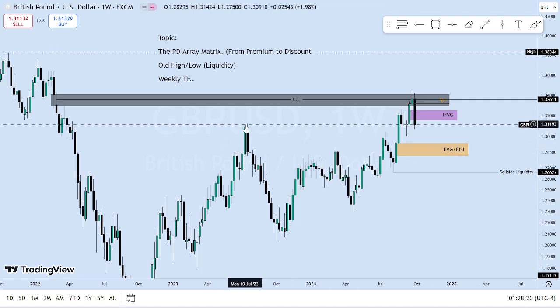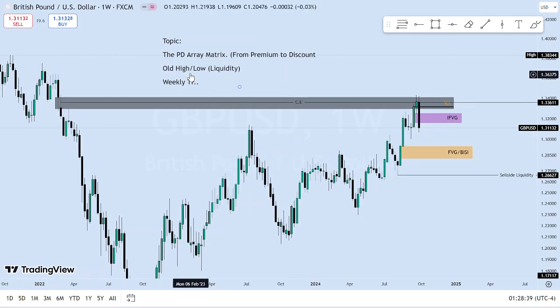Since we have taken a double liquidity, here is a liquidity, here is also a liquidity. So price will now seek for any inefficiency or liquidity below price. Yeah, that's how this algorithmic trading works. Okay, so that's